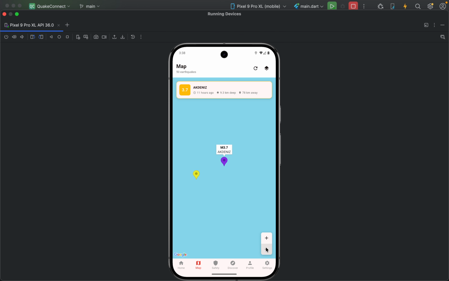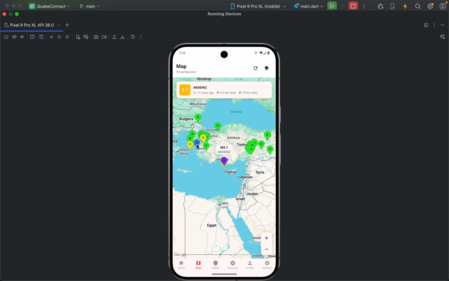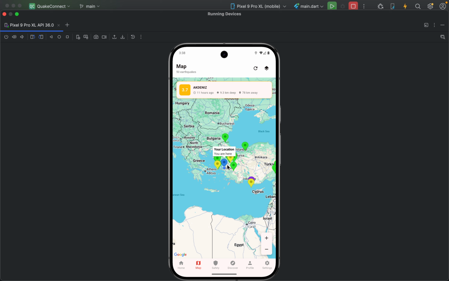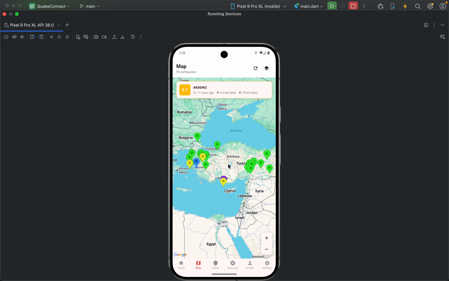And when I clicked on another earthquake, it goes with this animation, and our location is blue, your location here. And as in the home page, we can see the earthquake cards here, its time, its depth, and its distance from our